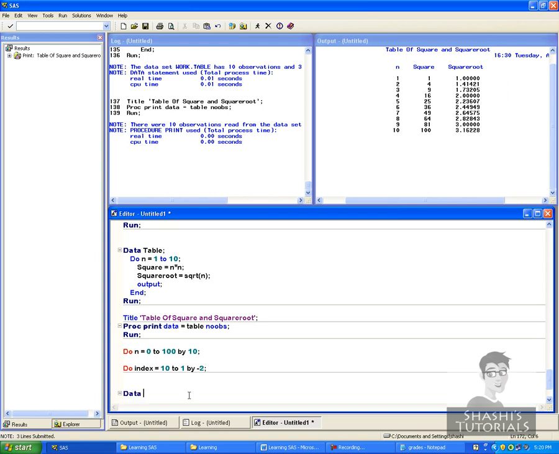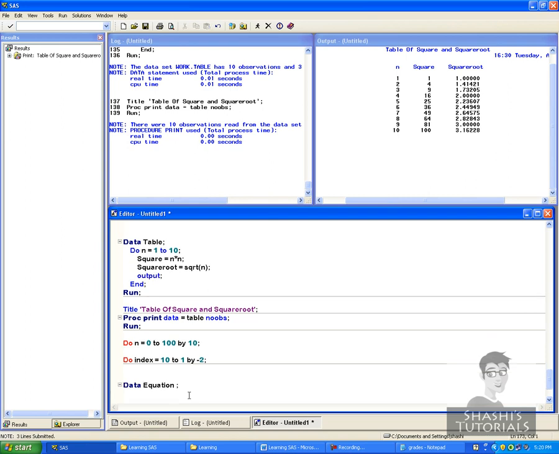So we'll have a data equation, do x equal to minus 10 to 10